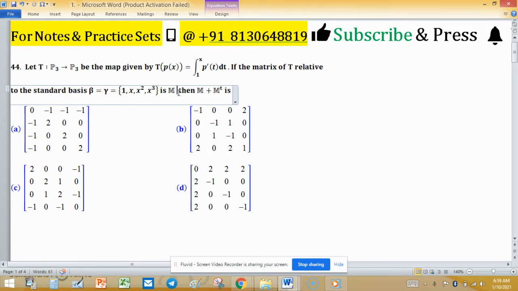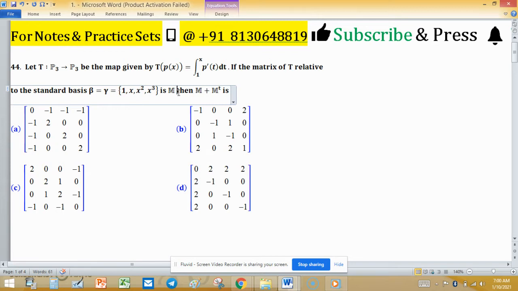So there is no need to check whether this is a linear transformation, or whether this one is a basis or not. We need to only remember one point: every domain point can be written as a linear combination of the domain basis, and every image can be written as a linear combination of codomain bases. That will be helpful when beta and gamma, the bases for domain and codomain, are different. Here there is no need to worry because the bases are same.